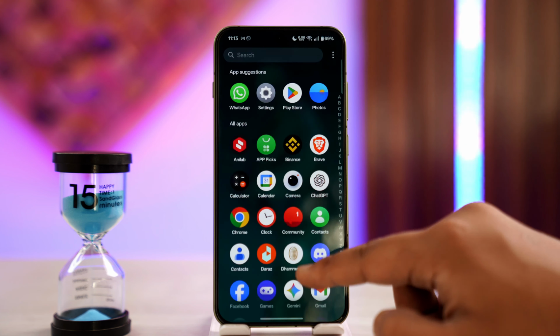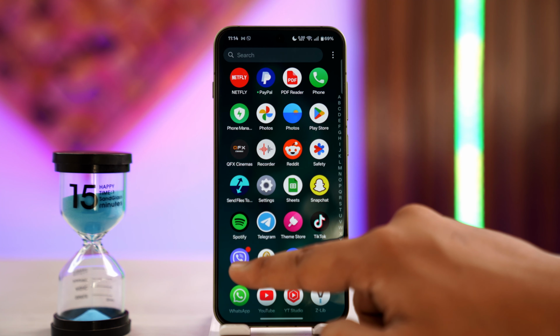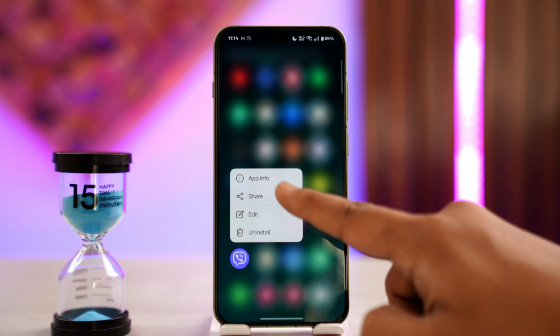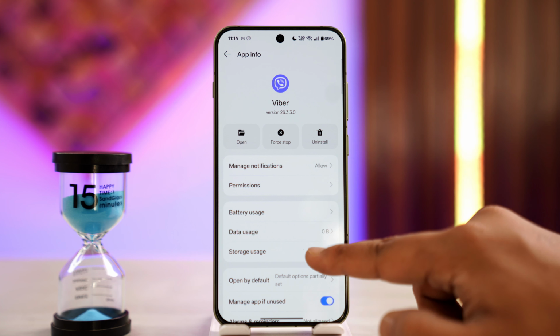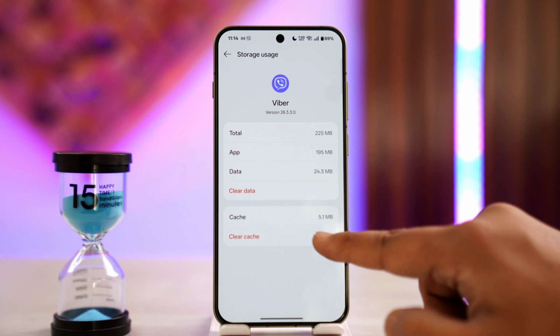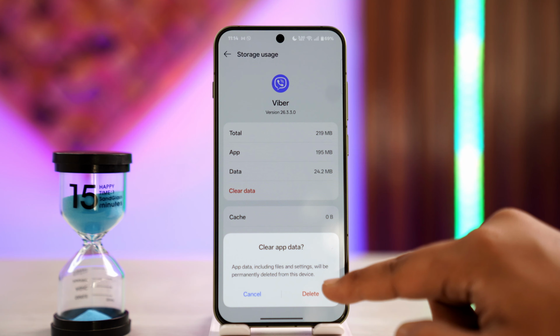If not, then do not try from the same page over and over again. If you're using Viber on Android, long press the Viber app icon, tap the I button to come to the app info page. So go to storage and usage, clear the cache files, and you can also try to clear